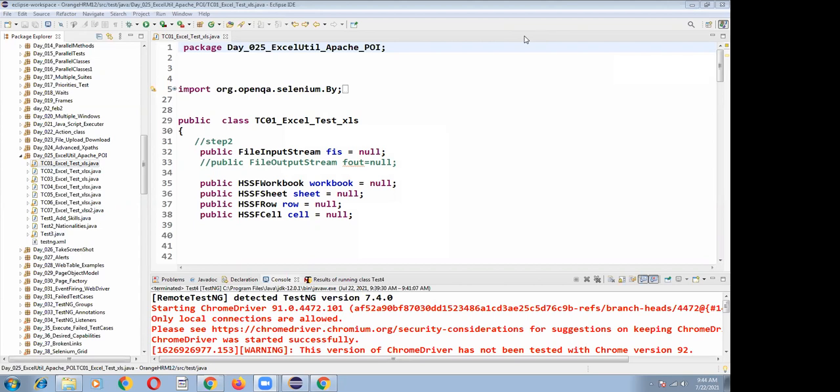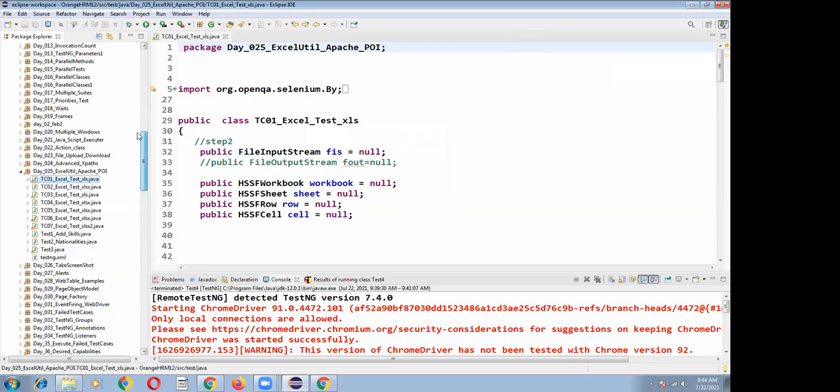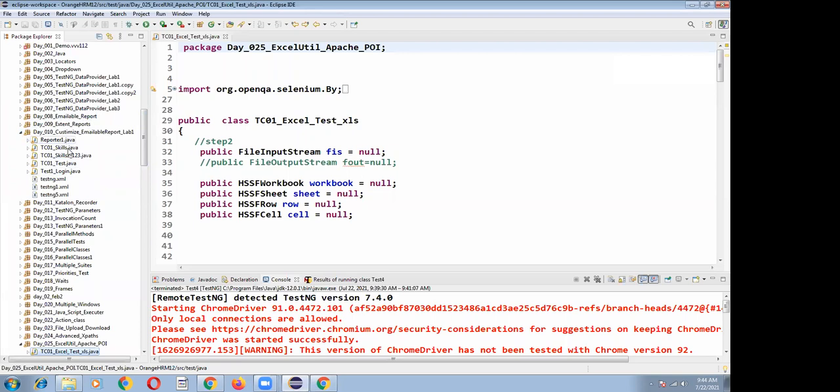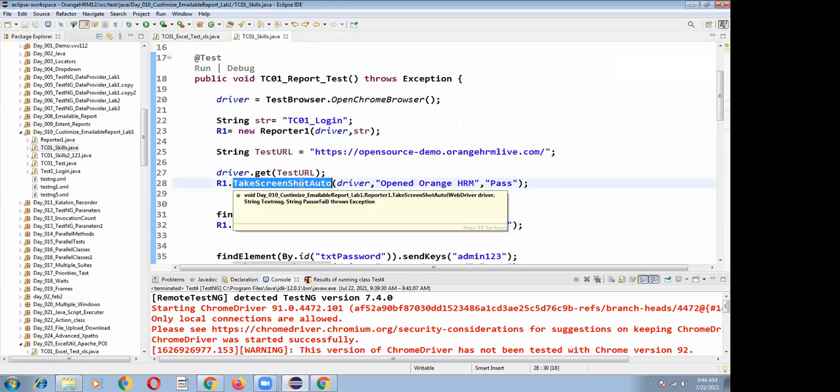What is the difference between R1.takeScreenshotAuto and importing FileUtils? Okay, 1 second. Go to the customized emailable report. See here I am writing R1.takeScreenshotAuto, right?